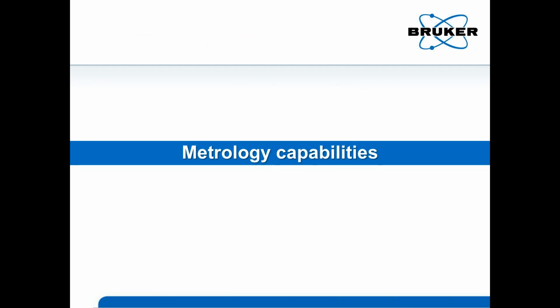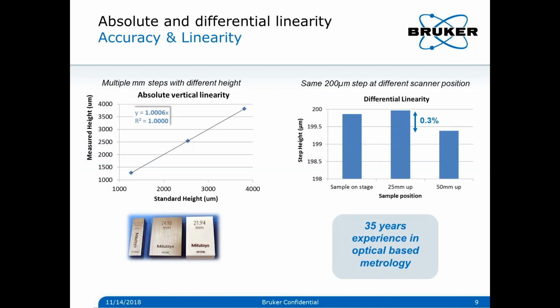The point is, whenever we speak about 3D optical profiling, the main idea is to be able to measure and quantify some element of the surface. It can be roughness, step height, or width. So all that relies on the metrology capabilities. Definitively, focus variation as implemented by Bruker complies with that. So here are a few pieces of evidence about key essential